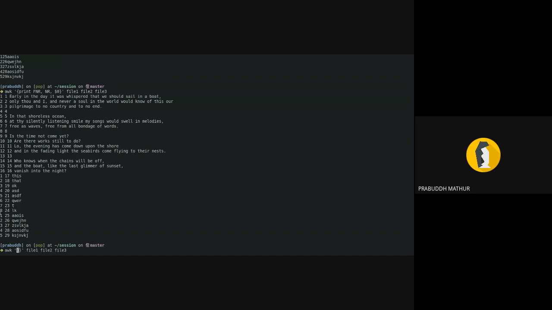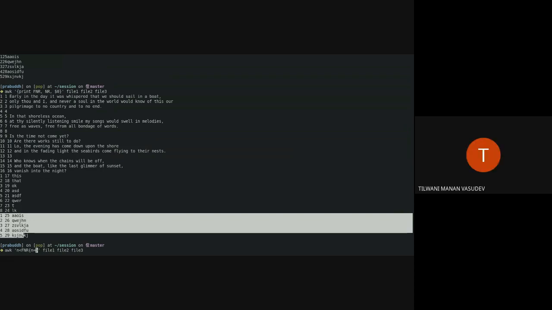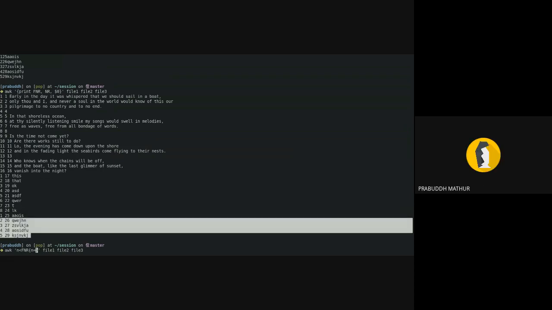So we are checking if N is less than FNR. Then what we were doing: N equals FNR and NF equals the file name. We are passing 3 files. And see, FNR, the lowest file is this, file 3.